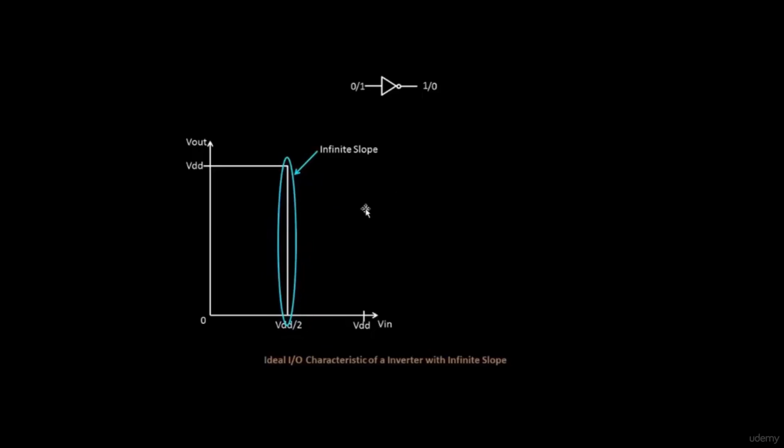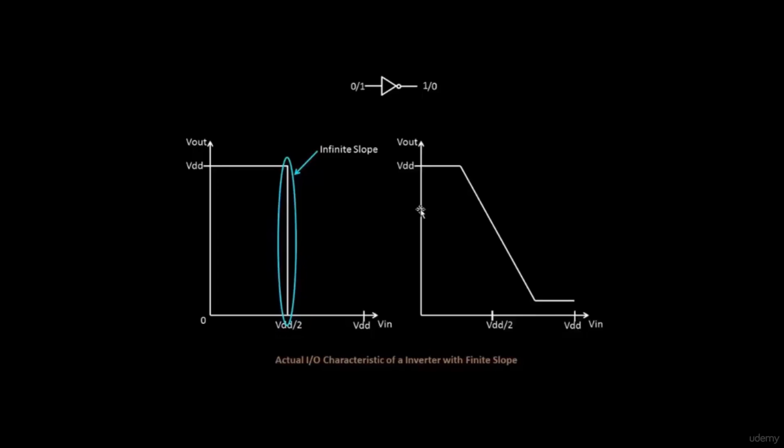Now let's try to look into a more practical scenario. We won't jump into the exact practical scenario, but let's look into a more practical one. Because of practical reasons, the NMOS and PMOS present in the inverter are real devices. We have some real resistances and capacitances in the inverter. So the curve won't be at VDD by 2. You won't see an infinite slope here. You won't see a straight line, but the line will be somewhat sloping.